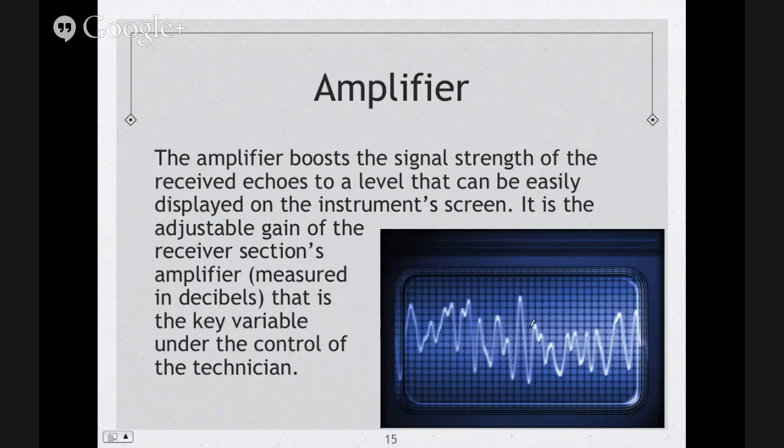So the amplifier. The amplifier boosts the signal strength of the received echoes to a level that can be easily displayed on the instrument screen. It is adjustable. It is the adjustable gain of the receiver section's amplifier that is a key variable under control of the technician, right? And usually it's measured in decibels. So our gain, being the volume in our radio, is the one that's going to increase our indications,